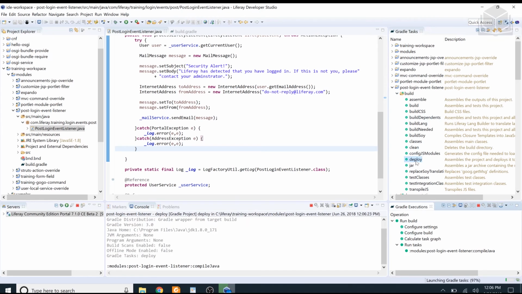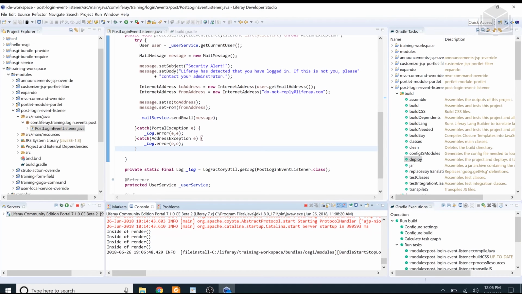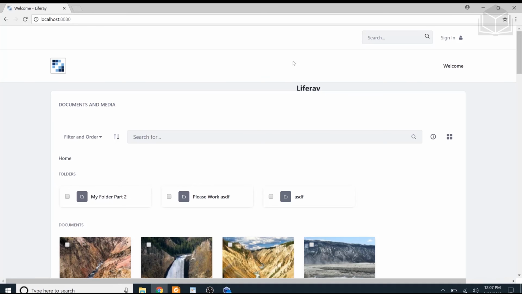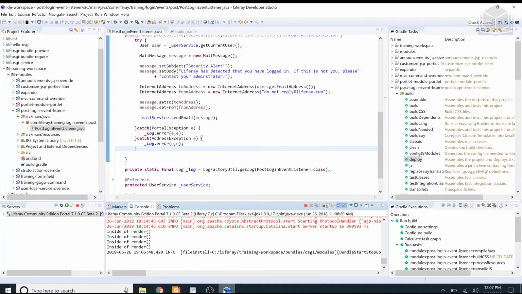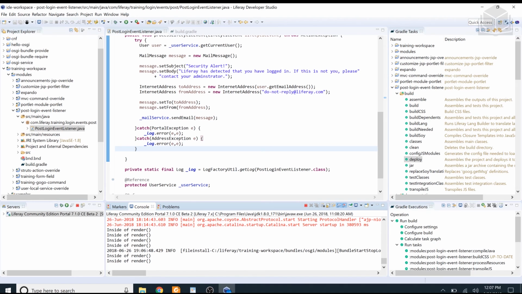Right, we'll wait for a few moments here. Let's go ahead. We're going to head over to our instance of Liferay. So heading over to our browser, let's go ahead and sign in. So clicking on the sign in at the top right, I'm going to sign in as test at liferay.com, password of test. All right, sign in. I'll head over to my console here. And one last thing I needed to do. In order for us to even experience or be able to see what's going on here, what we need to do is we need to